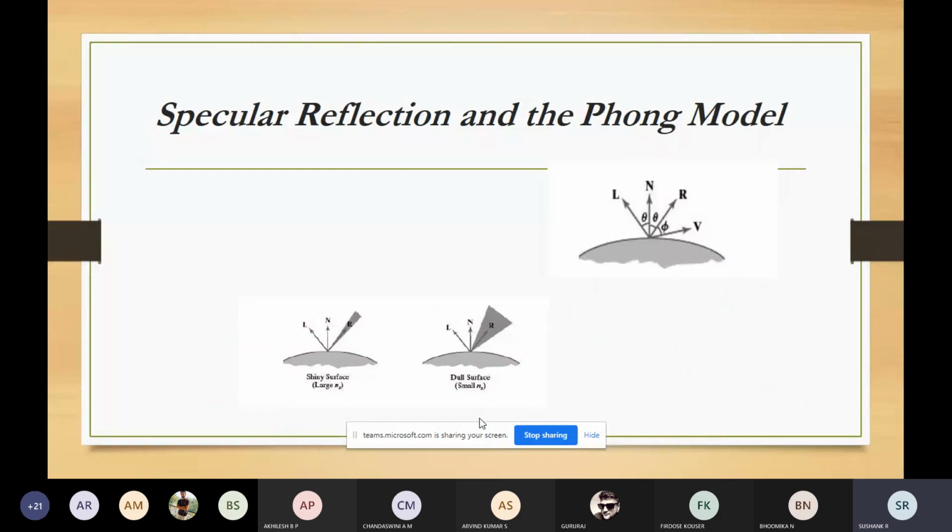So how does this happen? Whatever light is incident on that surface, that entire light will get reflected at that region. If you take this as a region, whatever light is falling on the surface around this region, given by some angle, all the light is getting reflected. So this we will call the specular reflection angle.